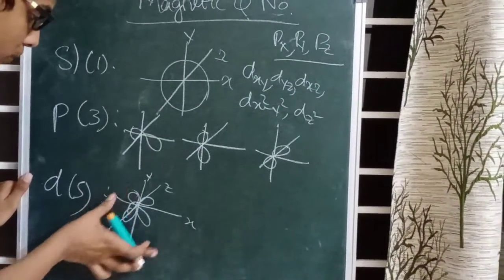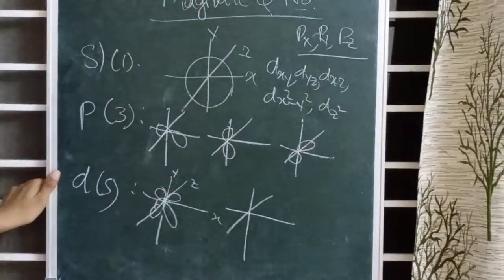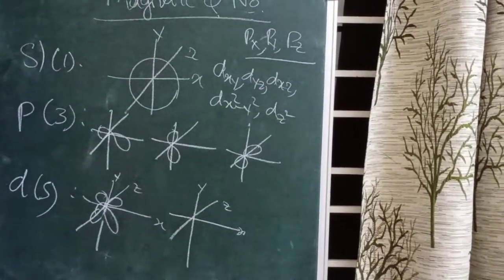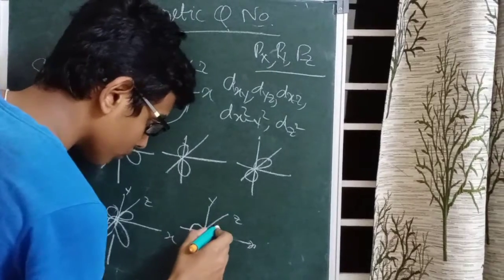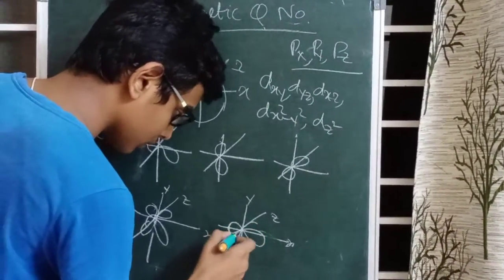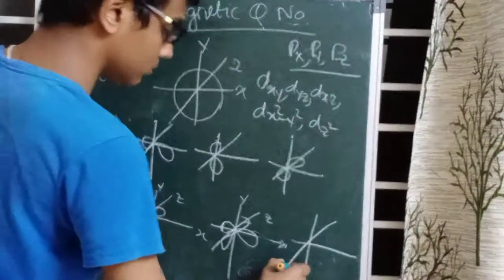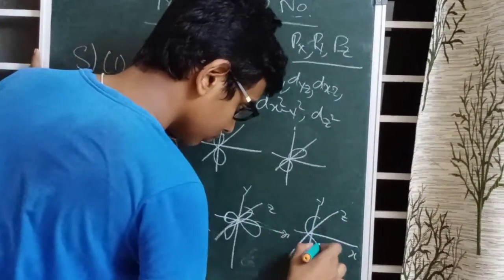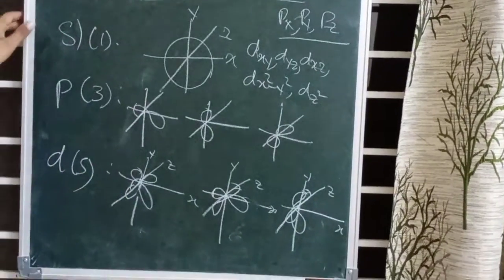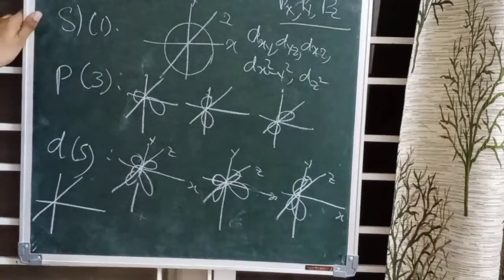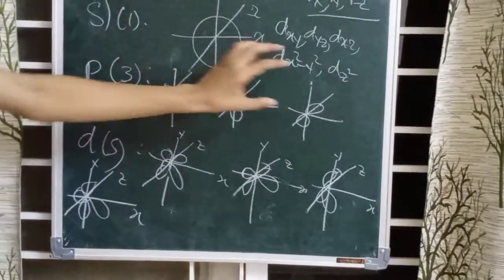In this way, dxy would look like this. Then dyz, then dxz, like this, and dx square minus y square. In this way, and then dz square,